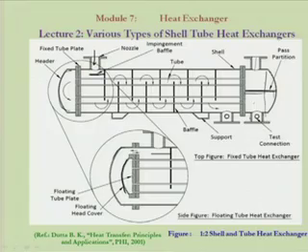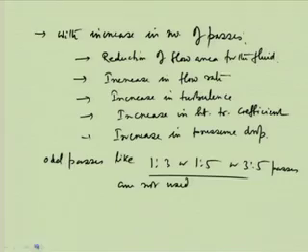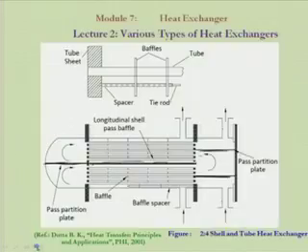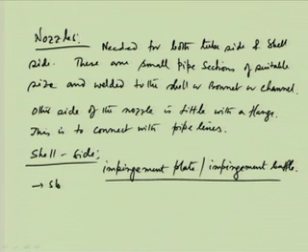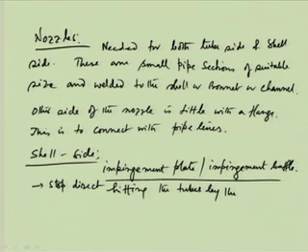That is the impingement plate. What it does is stop the direct hitting, heating of the tubes by the shell side